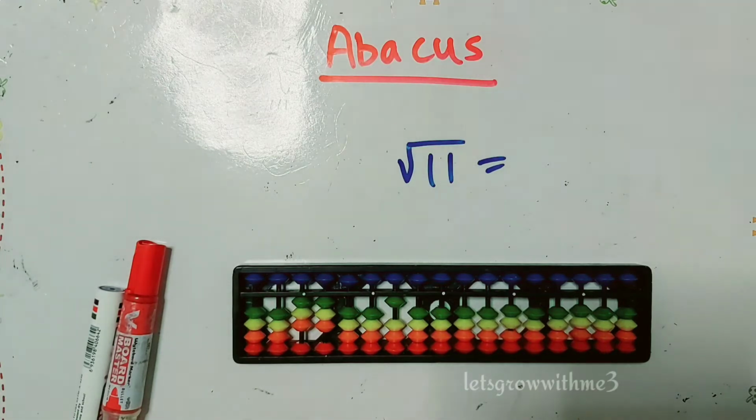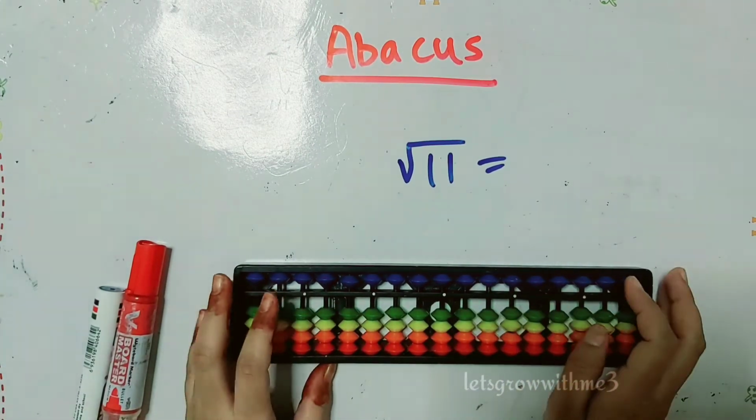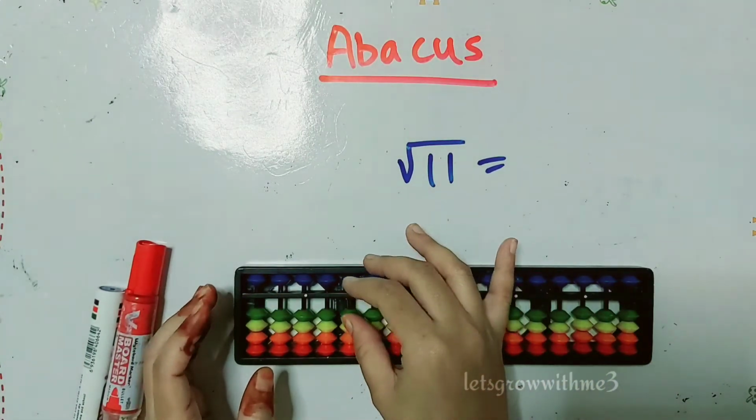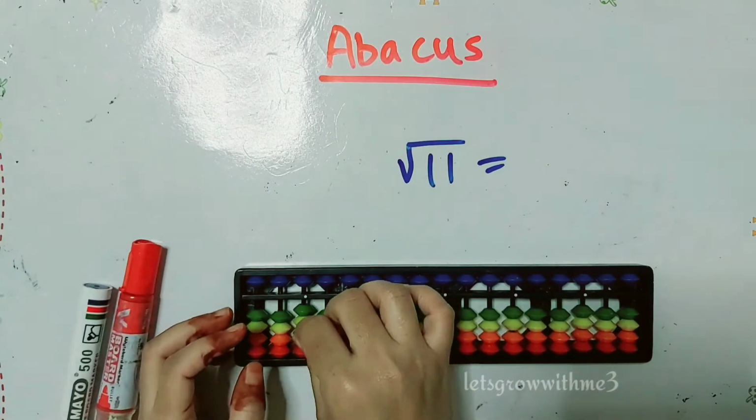So today in this class again you are going to learn about finding square roots. We have already done a bunch of problems on square root, but I want to make sure that all your concepts are clear. So that's what I want to do, one more problem on square roots. So let's solve this problem, square root of 11. First we need to set the 11 on the abacus. Done. So now let's start the problem.